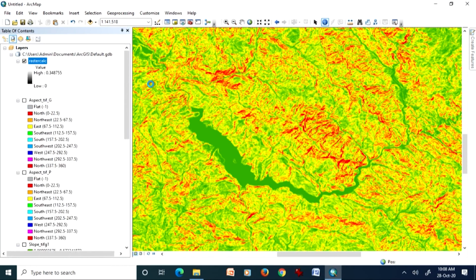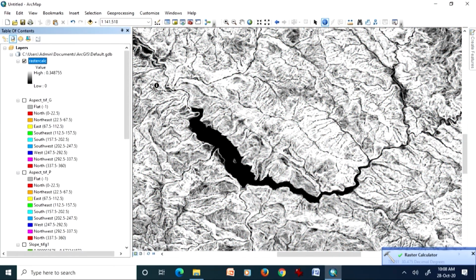Still calculating, but soon it will add. Yes, so now this is the difference map.